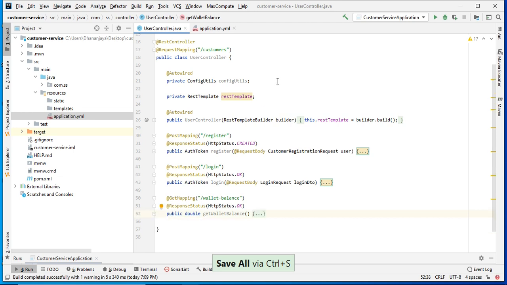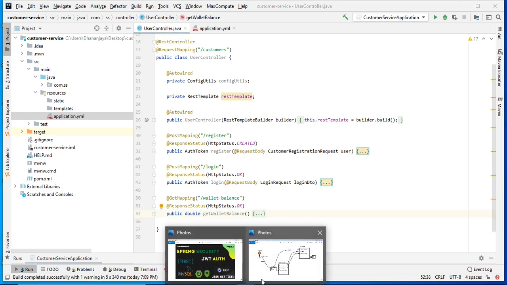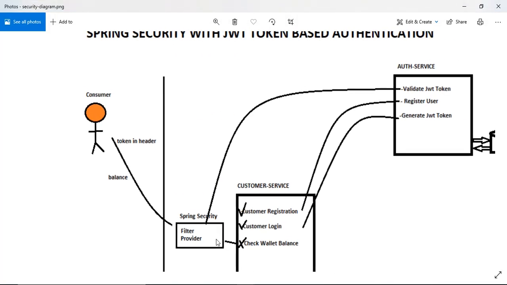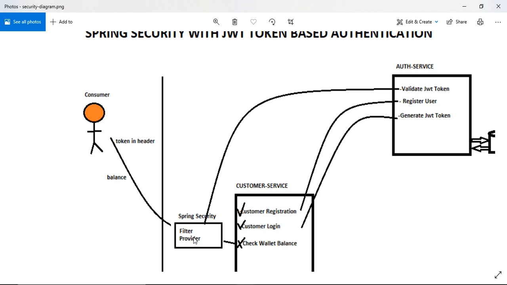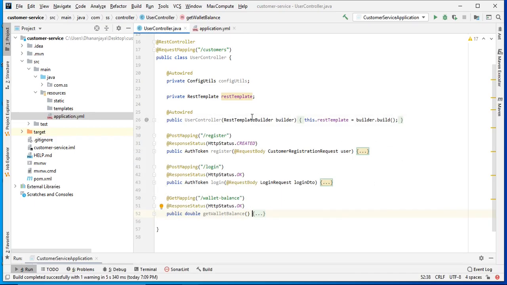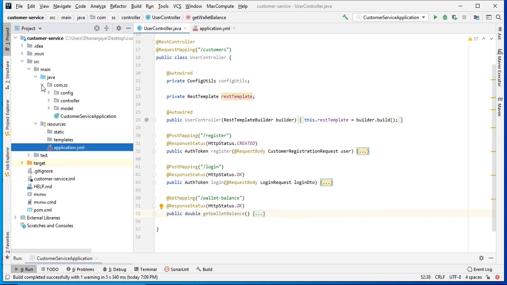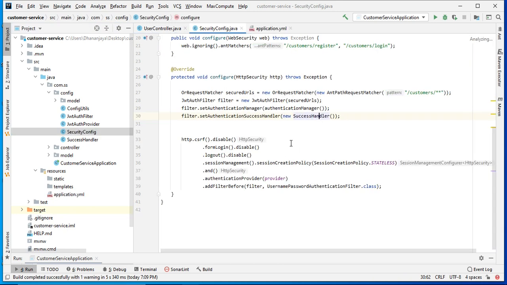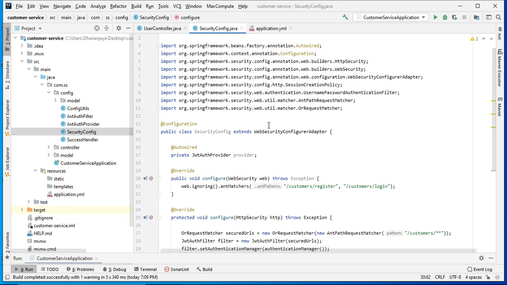So how will we implement the custom security? Here we need to implement the filter and provider, right? But for the filter and provider, we need the Spring configuration, right? So let's go to the configuration part. In the Spring Security configuration, we need to extend our class from WebSecurityConfigurerAdapter.